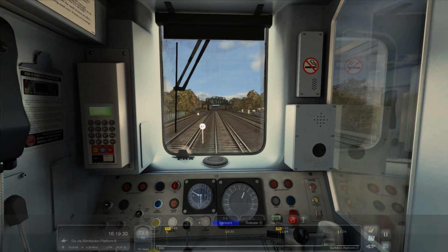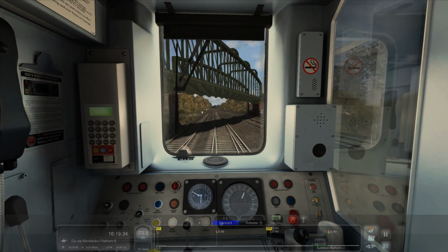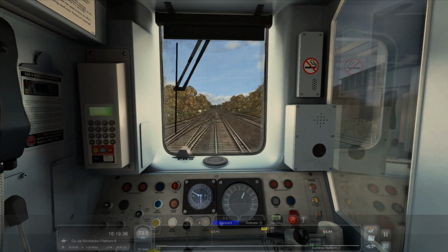Oh, floating signals, how you doing? This is probably one of their biggest sources of income for the actual studio. So